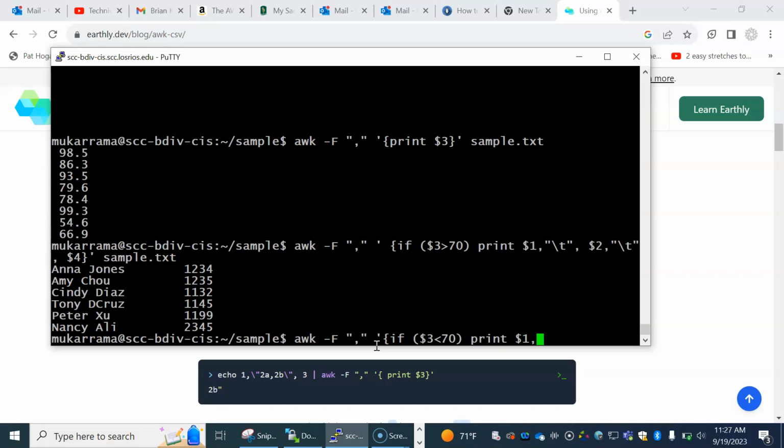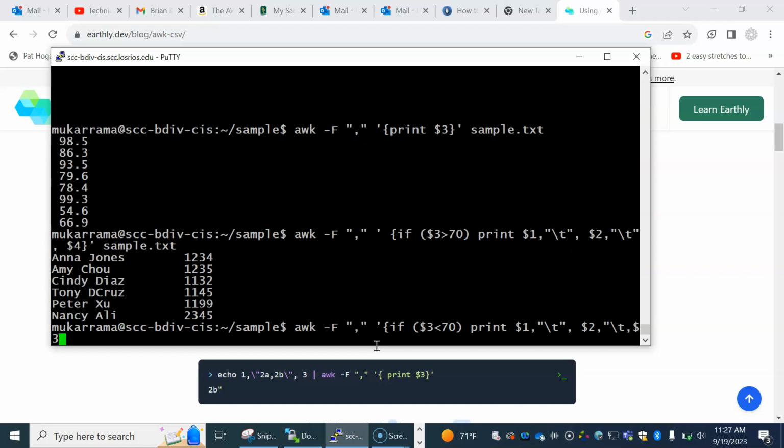Because first name and last name came under the same field, print $1 and $2, separate that with a tab, and print $3. So basically print everything, but print it out in a pretty way using the tab,